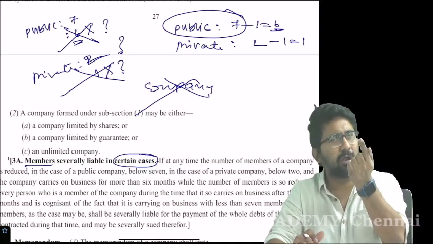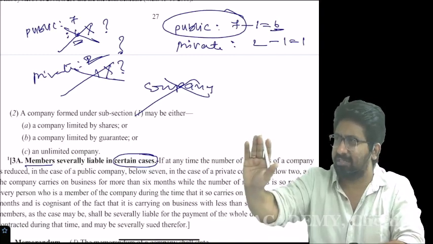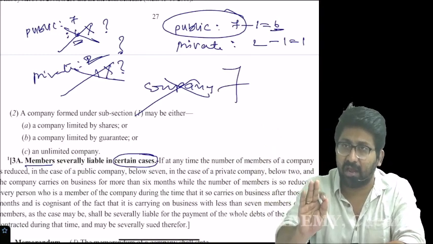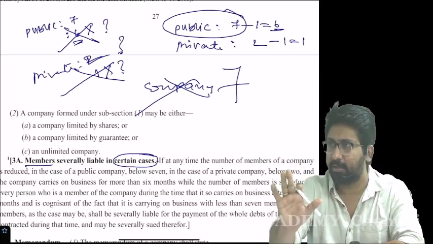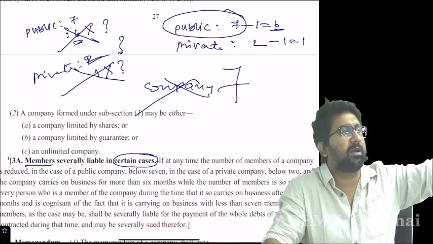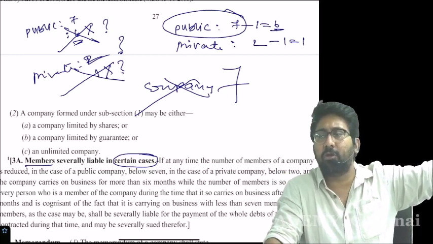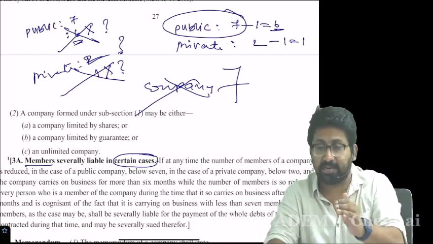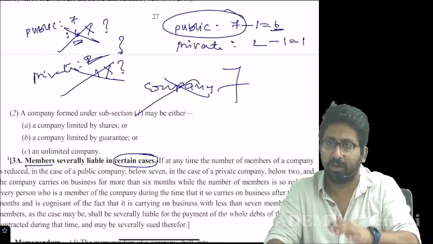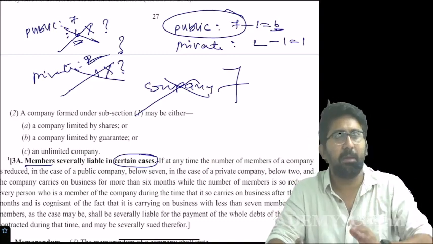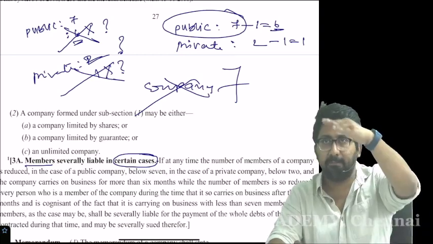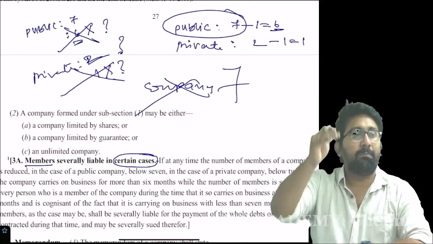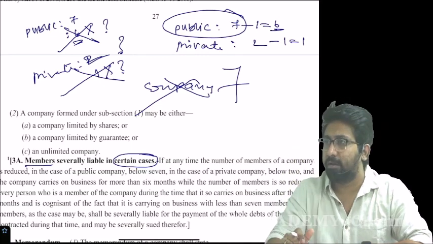Law has given one small exception. Listen. Reasons also I have to tell you. Public company minimum how many? If 7 are there, I can call it a public company. Six, I can't call it a public company. Incorporation is done as a public company. Minimum how many are there? Number has come to how much? 5, 4, 3, 2, 1, 0. Anything can happen. Number has fallen or not? Yes, number has fallen. Suddenly there is a decrease in the number. 7 became 6. Number has fallen below the statutory requirement of 7.